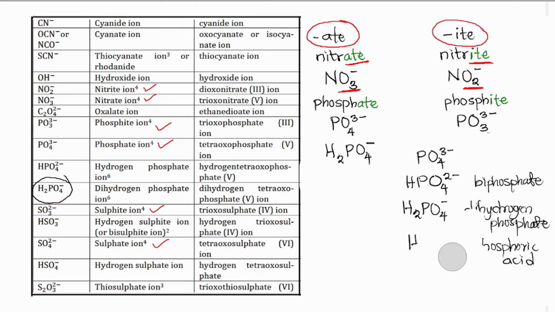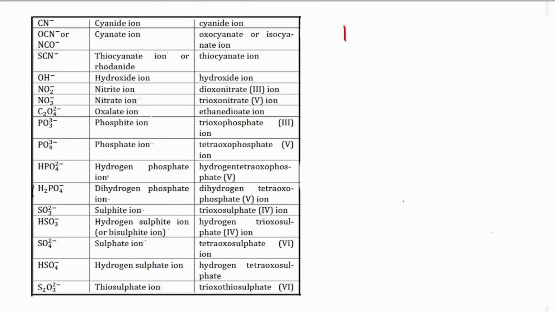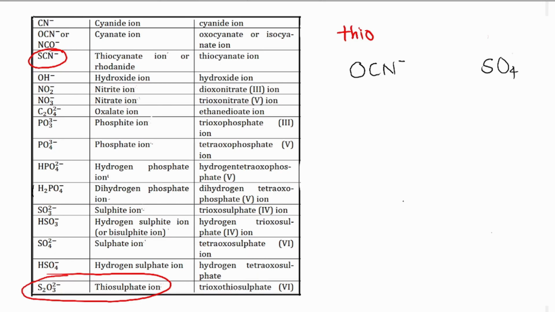Proceeding to the next fact that can be deduced from this table. When the prefix thio is seen in the name of an ion, it implies that a sulfur atom is present in the ion and that this sulfur atom actually replaced an oxygen atom that was initially present in the ion. E.g., in the ions thiocyanate and thiosulfate. Thiocyanate ion is gotten from the oxocyanate ion, while thiosulfate is believed to have been gotten from the sulfate ion,